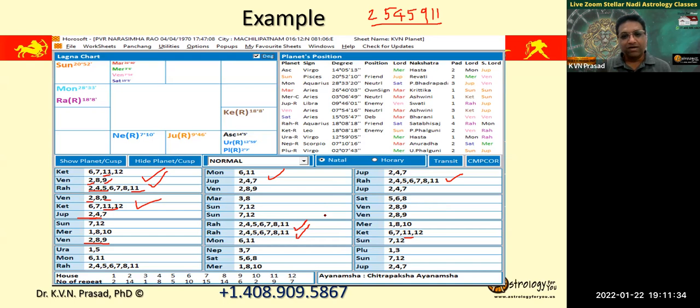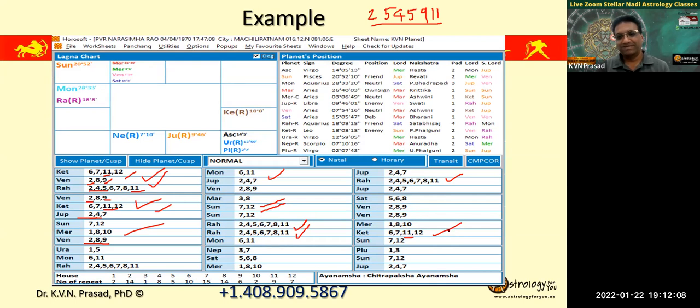Now, what did he study? He studied engineering. If you see 8, 12: Ketu has 8, 12, Venus has 8, 12, Sun has 8, 12, Moon has only 8, Mars has 8, 12, and Mars is the natural karaka for engineering. Here there is nothing, and here again there is 8, 12. So 1, 2, 3, 4, 5 we can say.